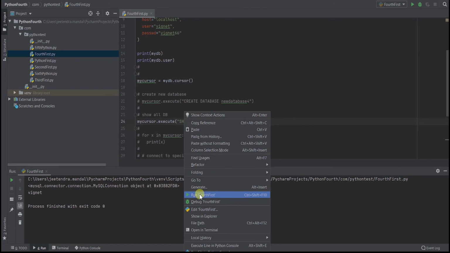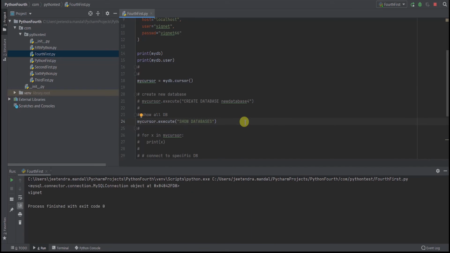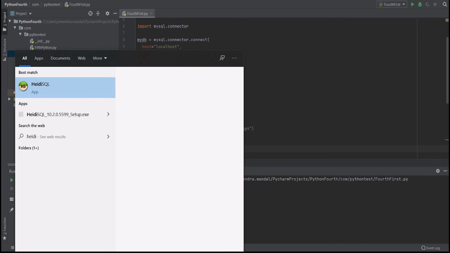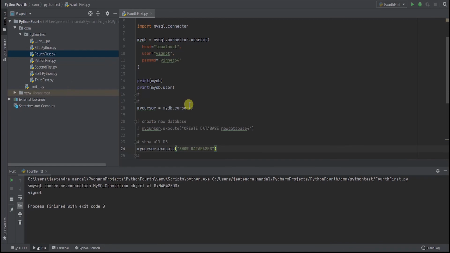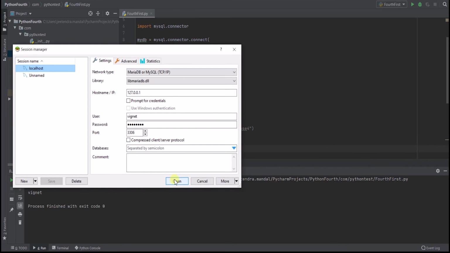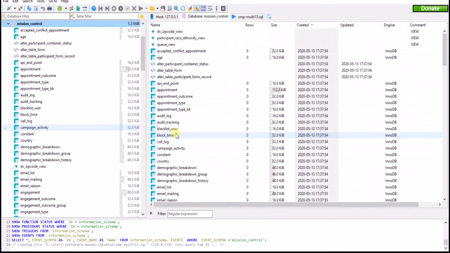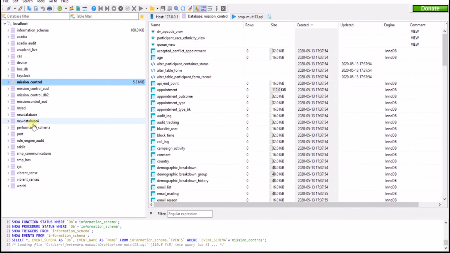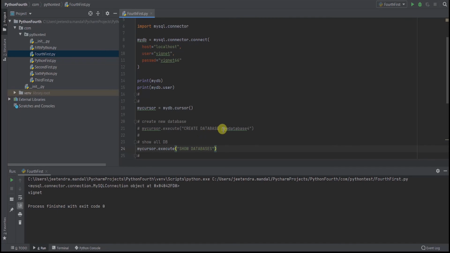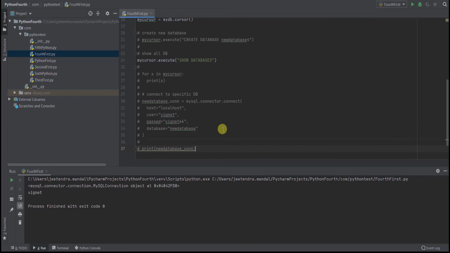If I run it now, we'll see this new database get printed. We'll just verify the new database that we have created. So I have created this new database 4, and it gets created here.